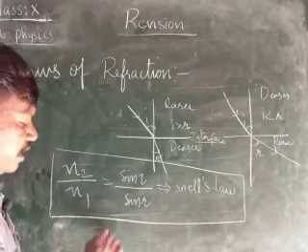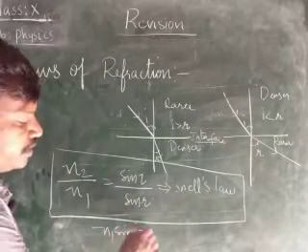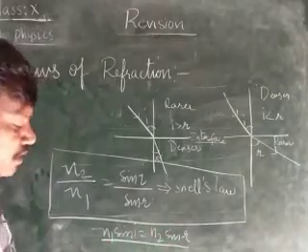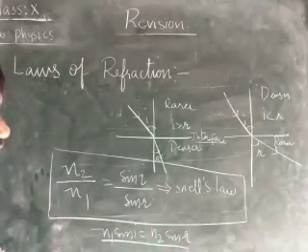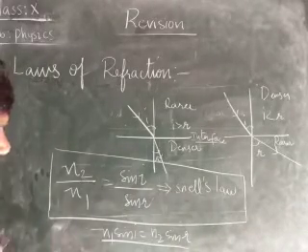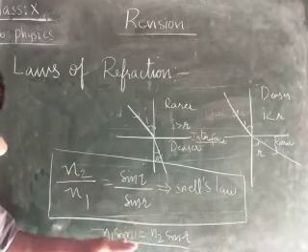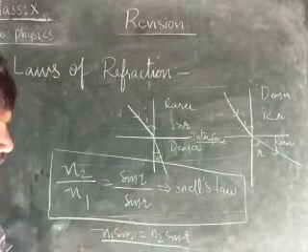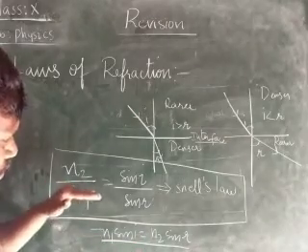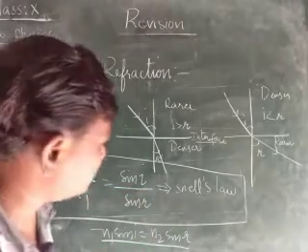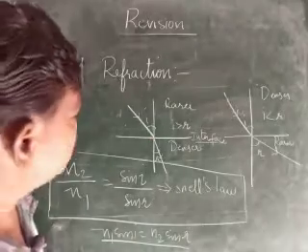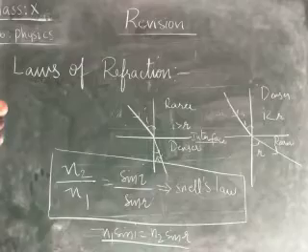Or we can write N1 sin I is equal to N2 sin R is called Snell's law. Therefore, you may get a question: what is Snell's law? N1 sin I is equal to N2 sin R, or N2 by N1 is equal to sin I by sin R is called dash. That is Snell's law. Okay, children, that's about the laws of refraction.